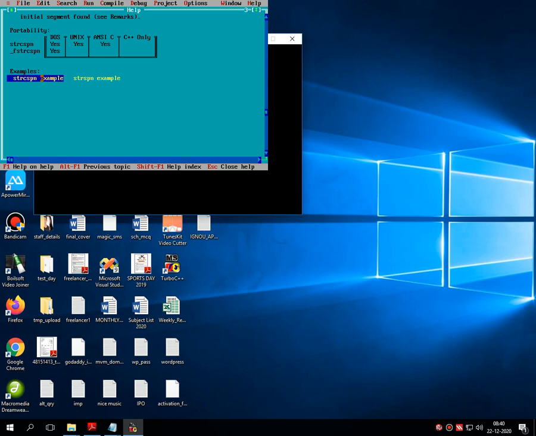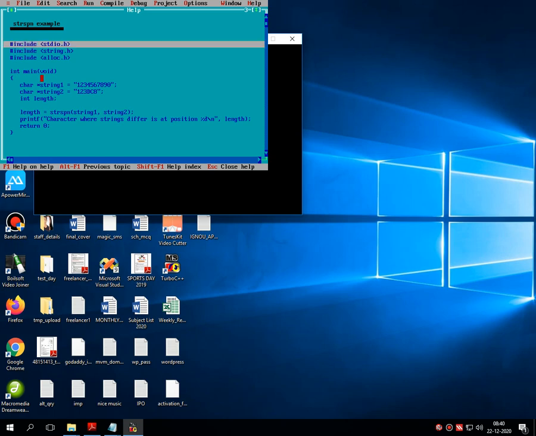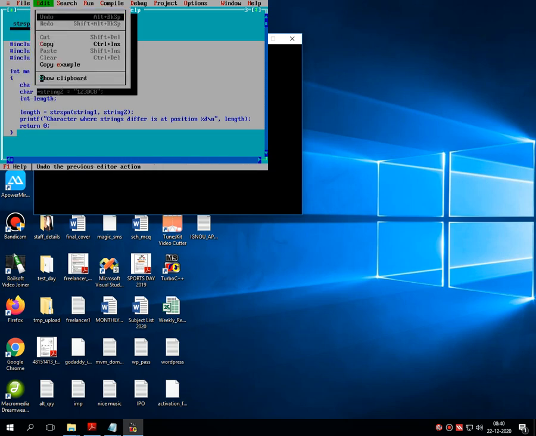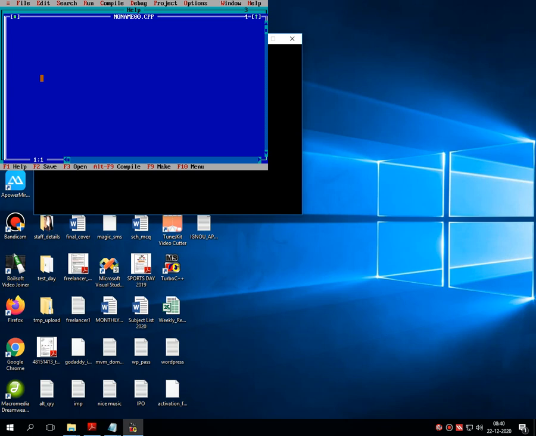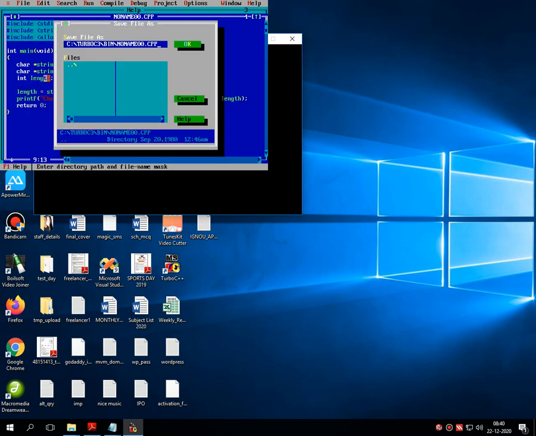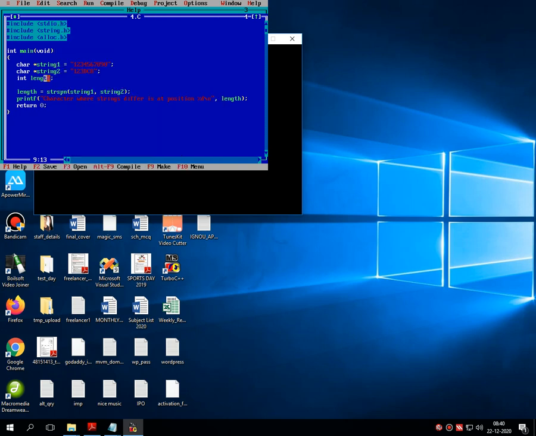How can we implement this entire program? Let me directly take this example. Let me save this code as 4.c. Then let me first show you the direct output.